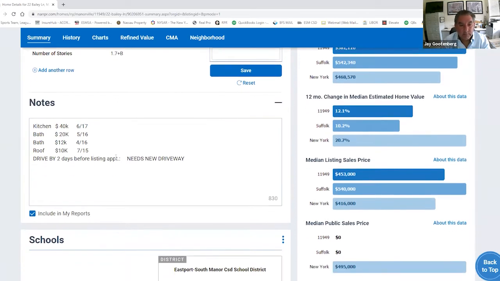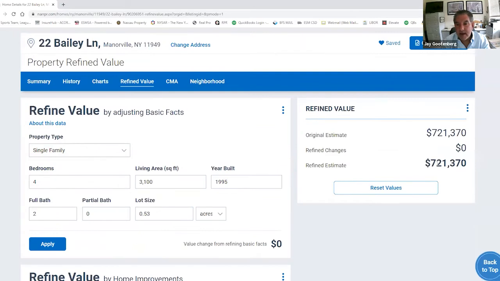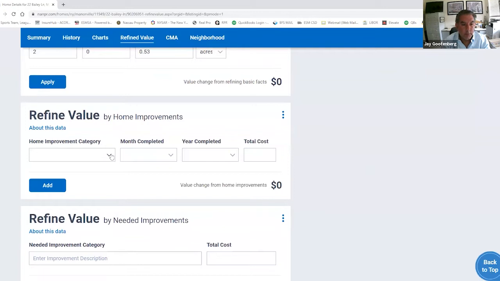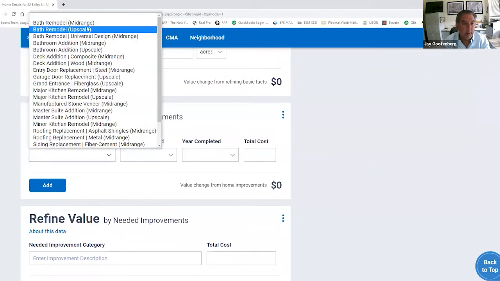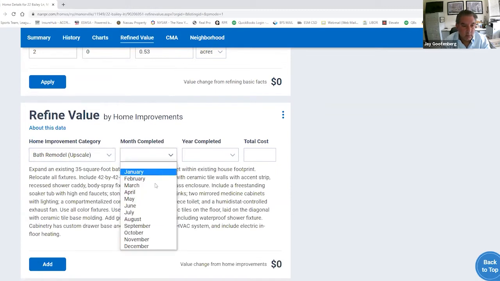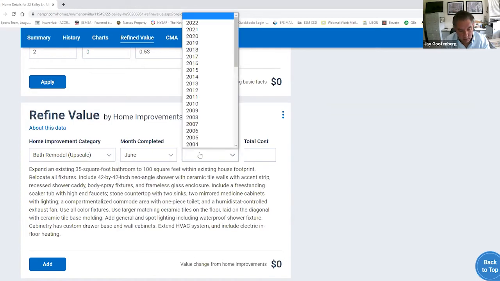As I scroll down, I added that data. So now I'm going to go back to my refined value section, and I'm going to increase the value of this property by doing certain things. For example, home improvement category. I can look through here, and there are different classifications. They're very similar to some degree, whether it's mid-range or upscale, obviously a few thousand in difference. I'm just going to pick one of them, and it gives you an explanation of what it is and what it does. And we completed this, and I'm just going to go quickly because of time restraints, put a date and a year in there,